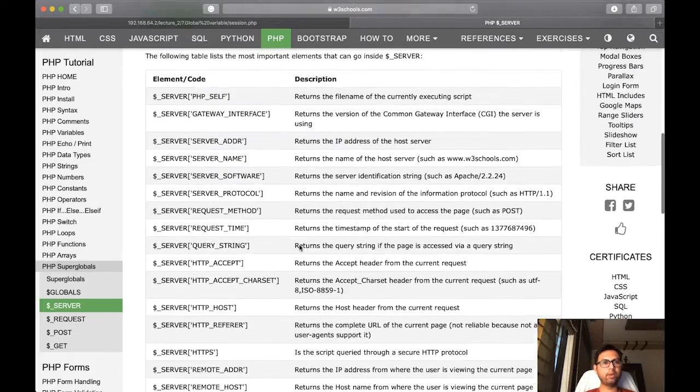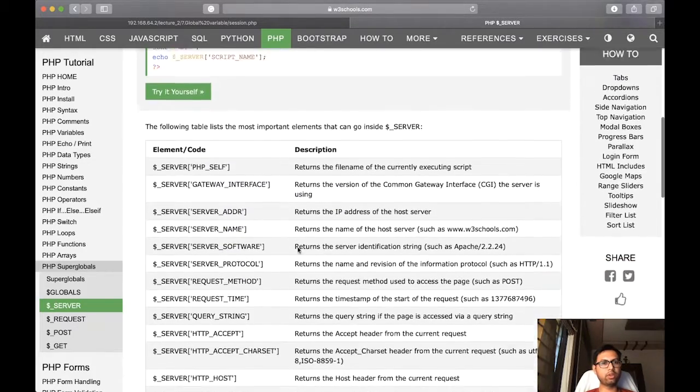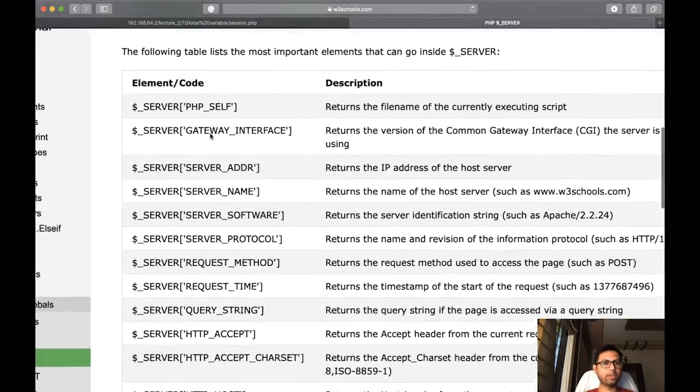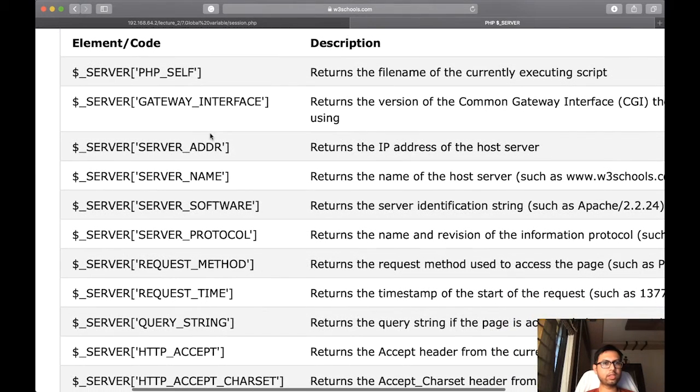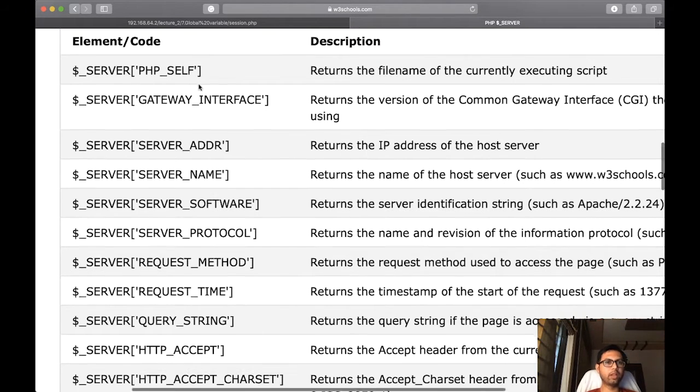inbuilt variables which you can find on W3Schools, like PHP_SELF, which returns the file name of the currently executing PHP script. That means the page which has this declaration is returned by this particular value.